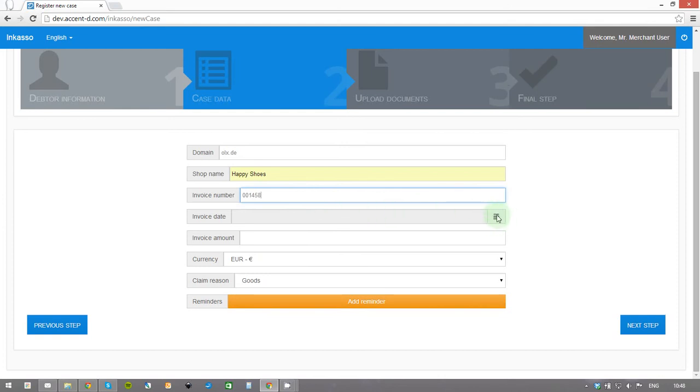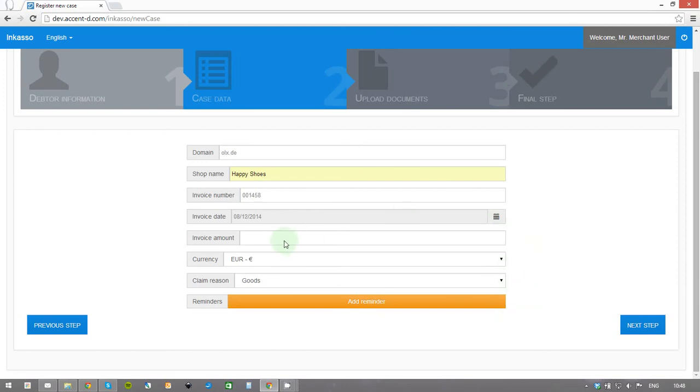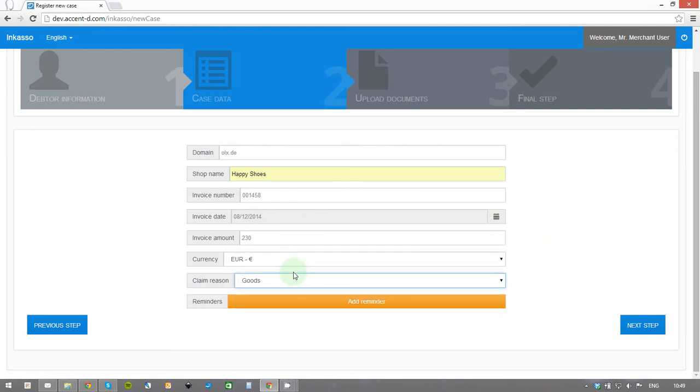You have to pick up the date of the invoice when the debt occurred. For example, this date and the amount of the debt. Example, 230 euro for goods. Okay,